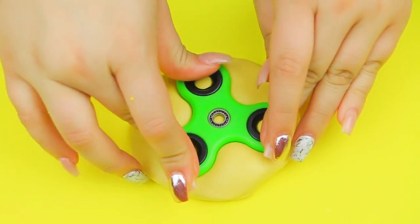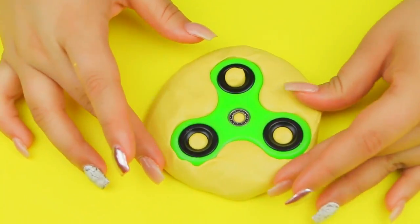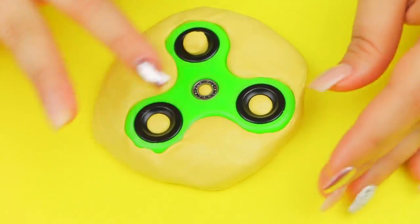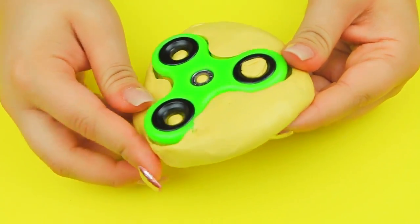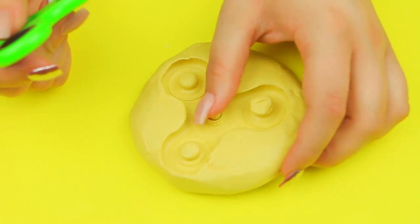Why the heck would you have a fidget spinner lying around if you're trying to DIY one to begin with? So I'm assuming you don't have one. I will leave some stencils linked below in my description box that I actually used later on in the video, and they worked great. So now that my putty has cured, I'm taking that out,